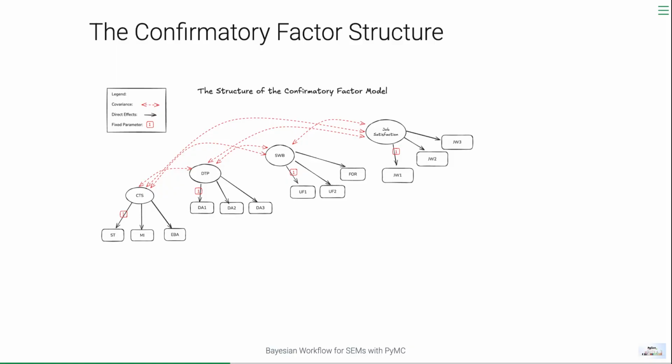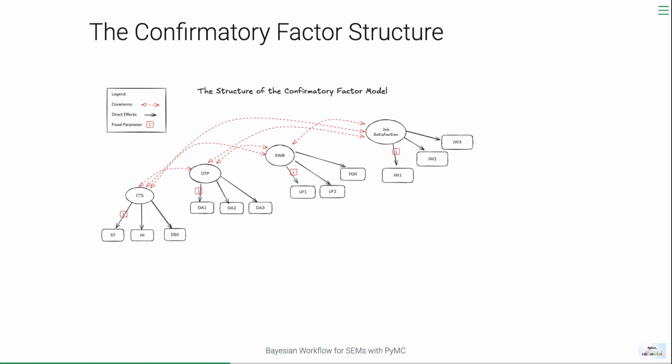In the statistical model, we're going to say that there is a factor loading parameter, which is a weight applied to the observed data, so the indicator measures, which determines how strongly that predicts or is predicted by the latent factor. We're also going to model within our model these red arrows, which are the covariance relationships between the latent factors. So we want to understand at a high level, how does job satisfaction move with dysfunctional thought practices? How does well-being move with job satisfaction?